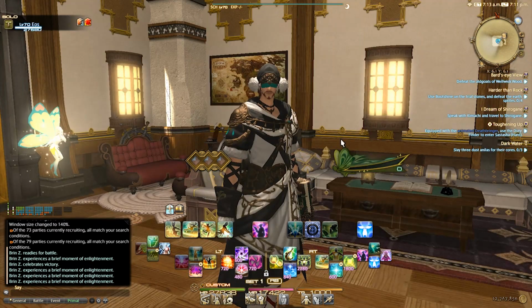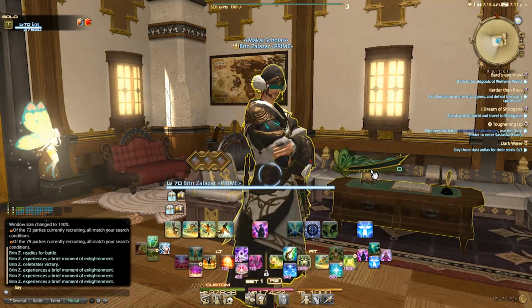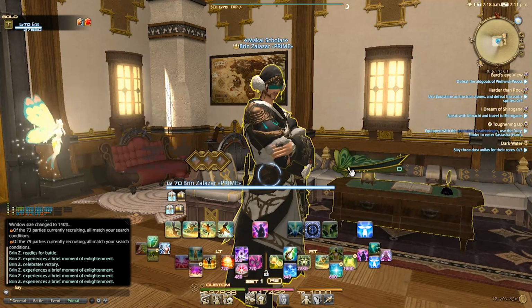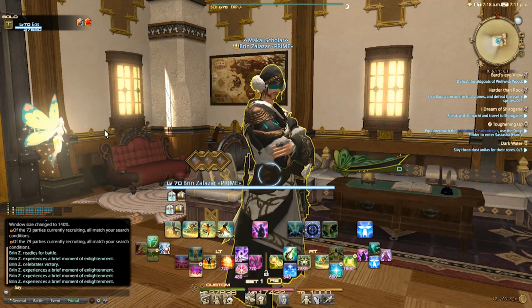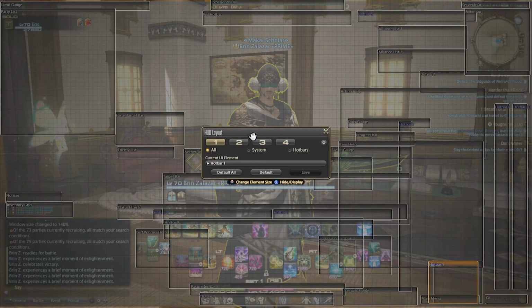From a UI layout perspective, I've got my Aetherflow gauge right here and I've got my Fairy gauge right here. If we bring up our target gauge, you can see that it exists and is lined up right below that. So from this perspective, I've got all that I need within here. My party list is over here, just like with any of my healers, and my enemy list is going to be right here. You can see and manage any of this from your HUD layout, and you can see all the various pieces. So focus, target, enemy list, status effects, my double cross hotbar left and right, cross hotbar, parameter bar, and my hotbar 3.